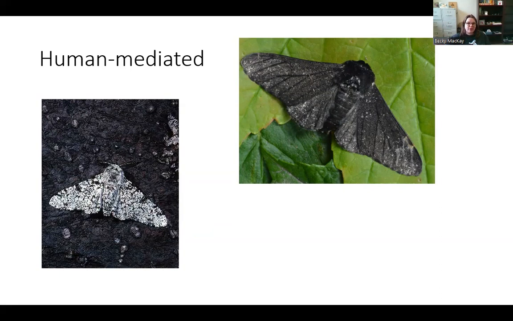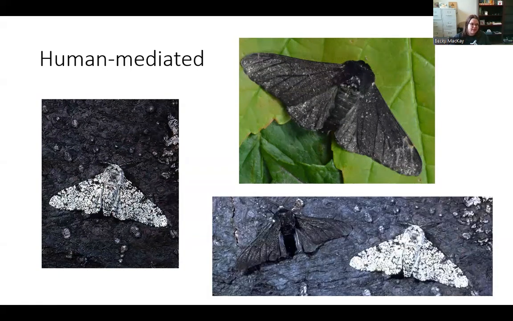Well, after the Industrial Revolution, when all the trees turned black, now they have the good camouflage. So before, now these are kind of broad numbers, these aren't exact, but you get the gist. Before the Industrial Revolution, about 95% of the peppered moths were white and 5% were black. After the Industrial Revolution, about 90% of the peppered moths were black and 10% were white. That's because, again, the trees changed. They got that soot all over it, and so the environment changed.